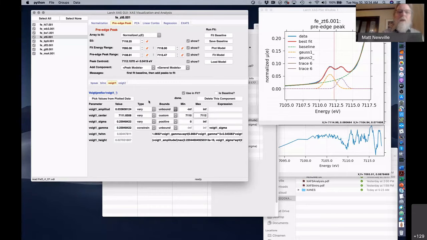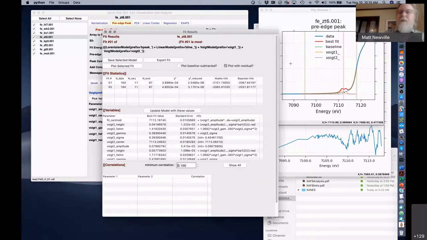A Voigt function also has another parameter, which here is called gamma, and that's just set in this model to be the same as sigma. So I've constrained that to be the expression voigt1 equals sigma. We could allow that to vary separately. But even if I just do that and fit that model, now